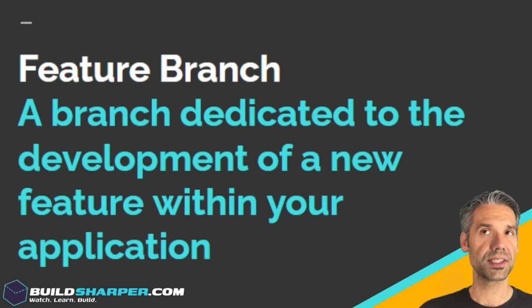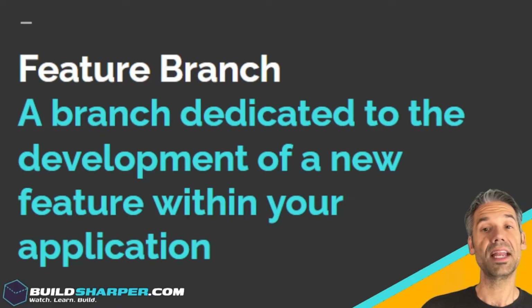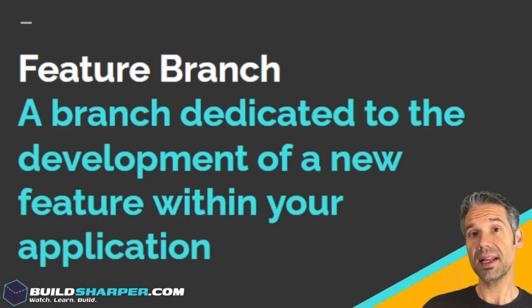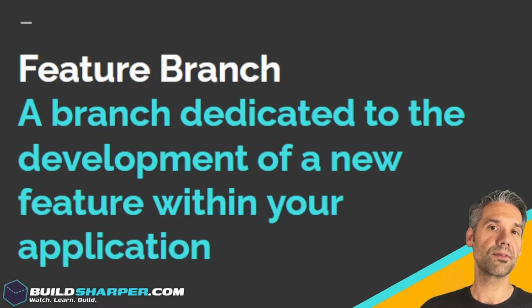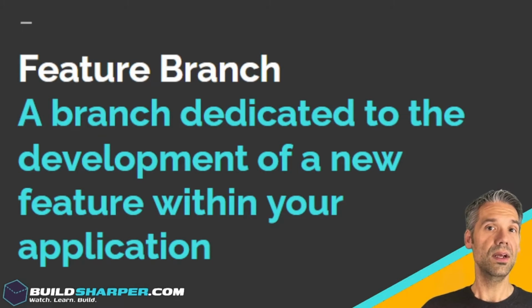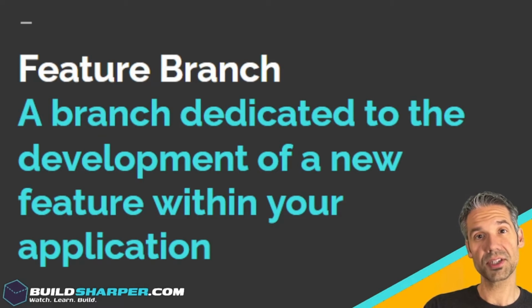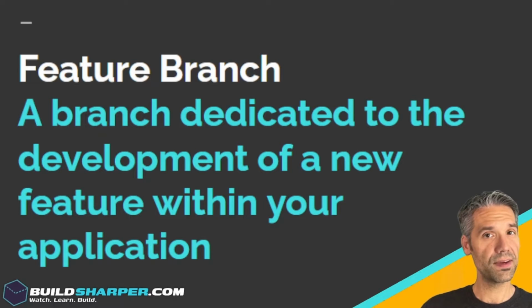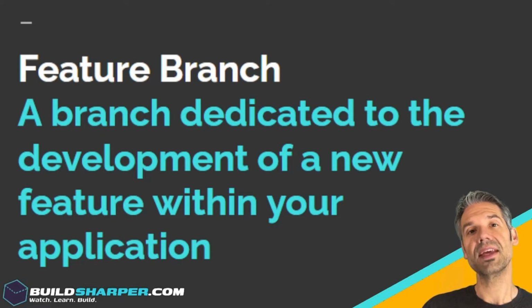Now this differs from other branches because let's say you need to do a hotfix. So your application's running in production and you find a bug and you have to fix it today. But your code is kind of in pieces right now because you have all these feature branches and several different developers that are working on these different features. So your application isn't necessarily in a state where it's ready to go to production. What you have to do then is branch off of master, which again we said is a copy of your production code. So you could branch off of master, create a hotfix branch, make your fix, merge that back into master, and then use that as your